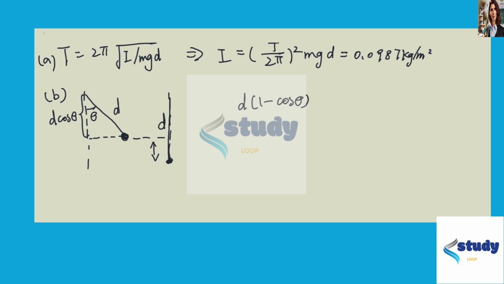So the change of potential energy is m g times the change of the height, which is going to be equal to the kinetic energy it gains, right? All the potential energy from here becomes kinetic energy at this point. So we can know that